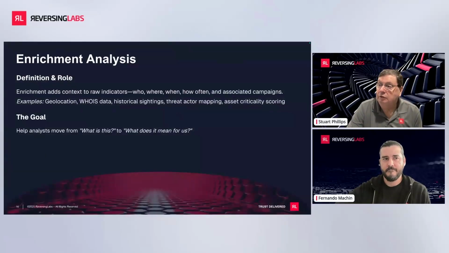Okay, so moving ahead, we'll talk about enrichment analysis. Enrichment, again, we talk about indicators of compromise. We talk about basically the information about the file. For example, where did it come from? Now, obviously, if it came from North Korea, that would be really easy, right? If everything was just that easy, it would be nice. But it doesn't work that way. Again, the whois data: this file came from a domain that was set up 20 minutes ago. Historical insights: we've never seen this file before.